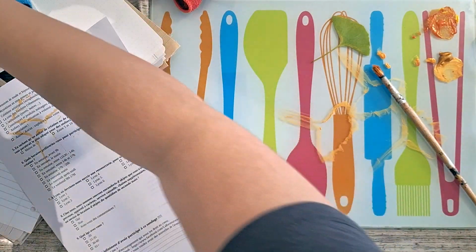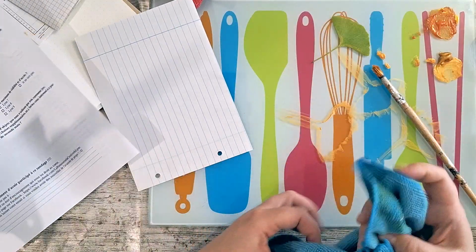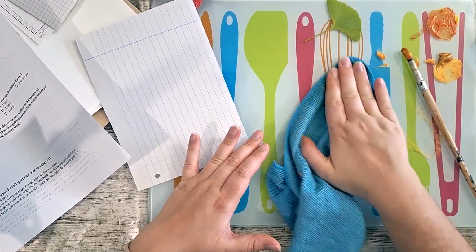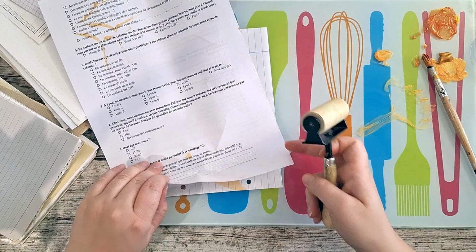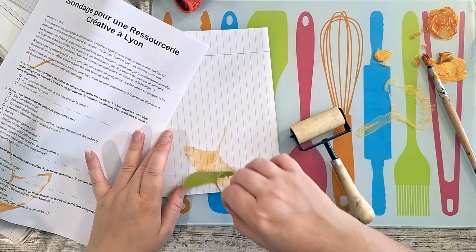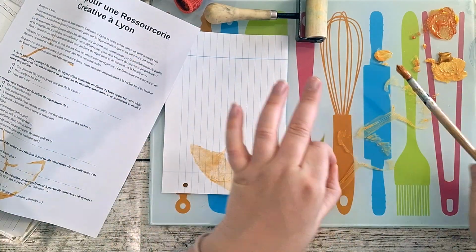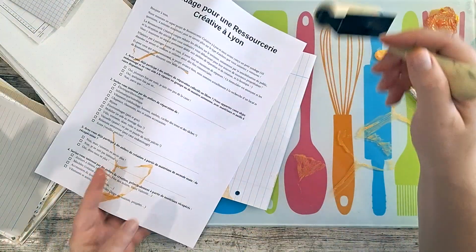Let's do it on the other journal. So I'm trying not to mix up the pages of each journal. I think it's pretty hard. Uh-oh. Okay, there was probably too much water here. But you know, this is not a problem. It's okay. I'm trying to do like a ginkgo leaf falling off the ground, so...